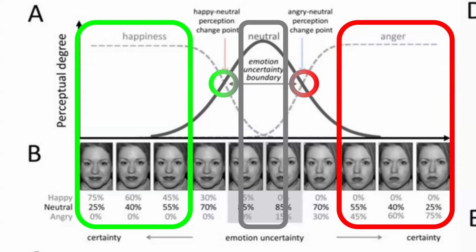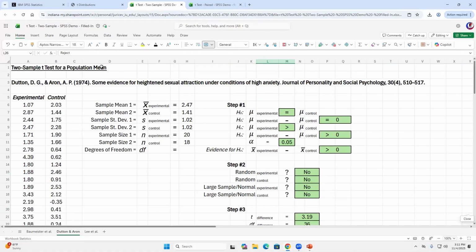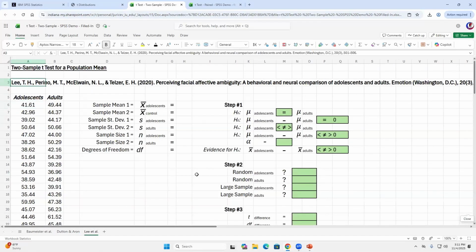All right. So let's take a look at the data that they used for this. This is still in the 2-sample t-test for a population mean Excel sheet, and this is the Lee, Perino, McElwain, and Telzer study, perceiving facial affective ambiguity. What we're going to do here is test these 2 samples in a 2-sample t-test. But first off, we're going to calculate some of the